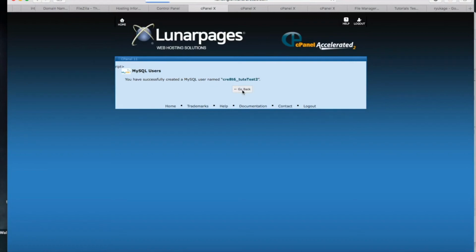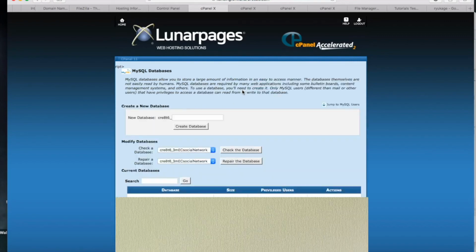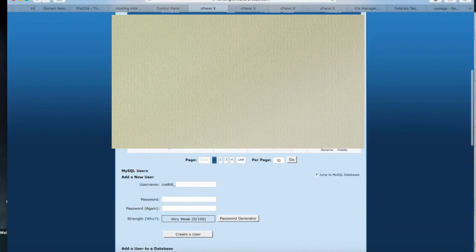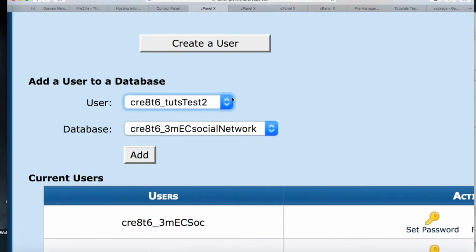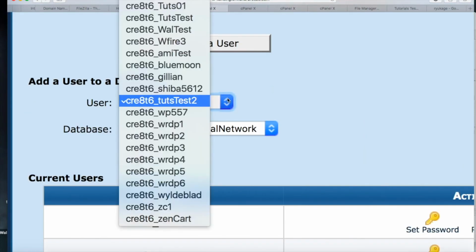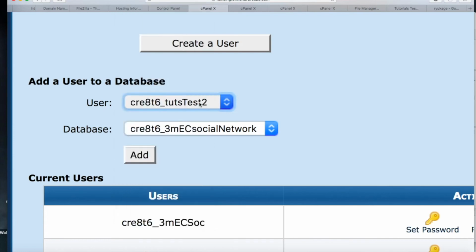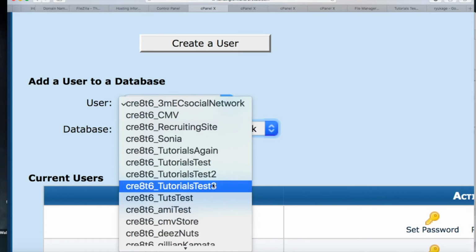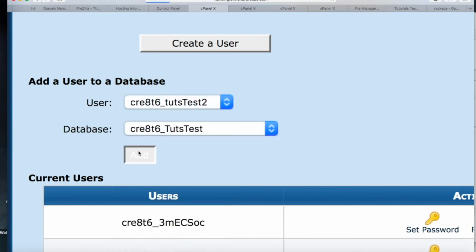But right now there's no connection between these two. And this is a very important step. Make sure that you go down and add this user to the database. So what I'm basically going to do here is find the user that I just created, which is TootsTest2, and add him to the new database that I've just created, which is TootsTest. I'll click the Add button,